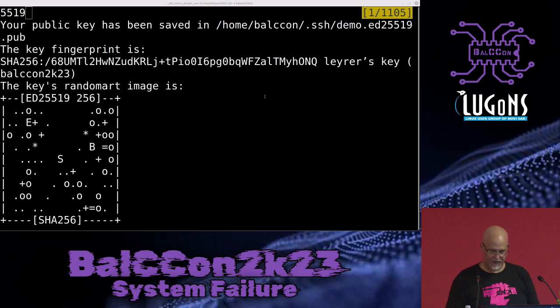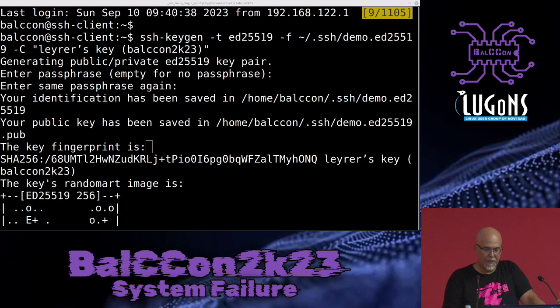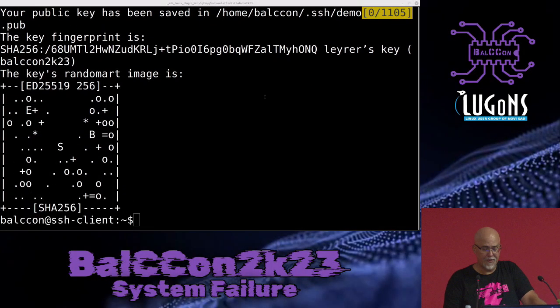Yep. Tmux to the rescue. So I entered my passphrase. And it says, okay, your identification has been saved into the file demo ed25519, and the public key, as I said before, we're creating 2 keys, demo.ed25519.pub. And it shows me the fingerprint for the key, and it shows me some random image art,